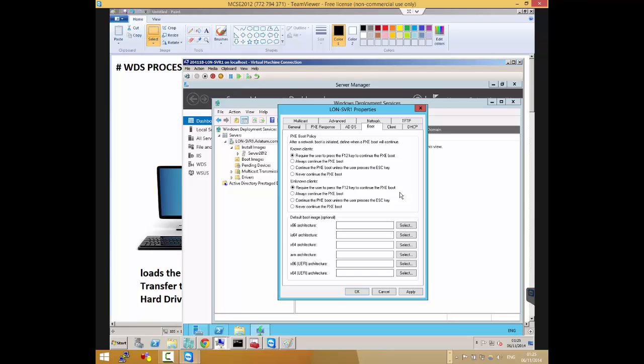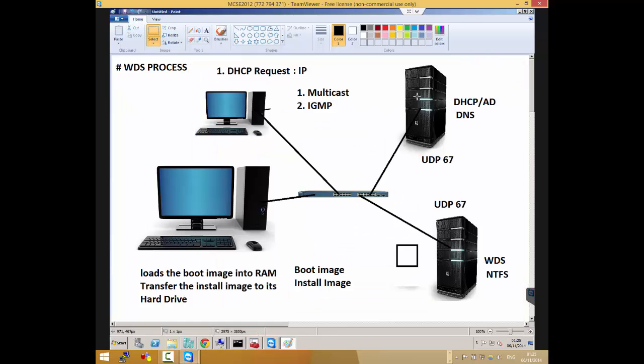But if I now have everything on the same box, DHCP will only allow me to configure one option, so I can only specify one that you can use. You get the point? So actually, Microsoft does not recommend putting them on the same box and then using DHCP to configure WDS options. Microsoft doesn't recommend it at all because the client has no option to negotiate with the server.